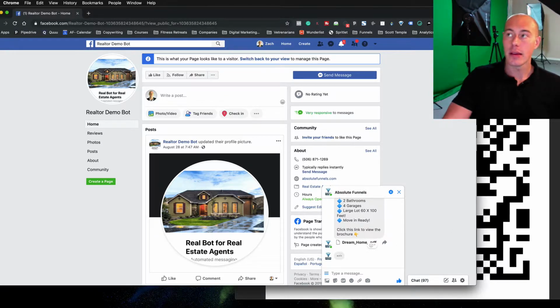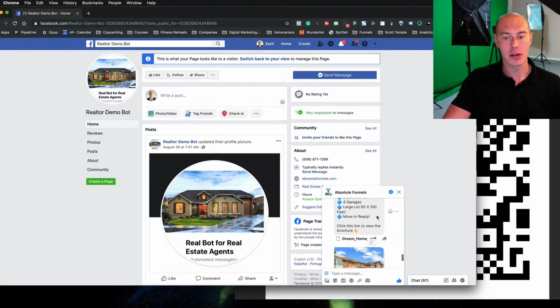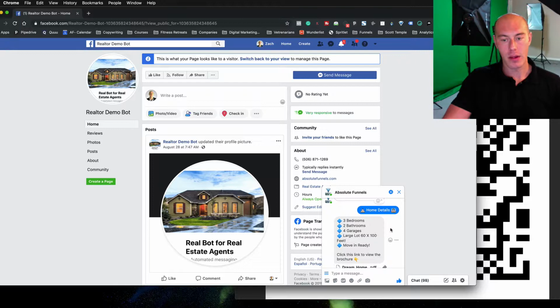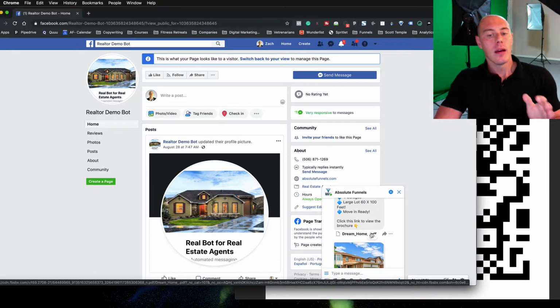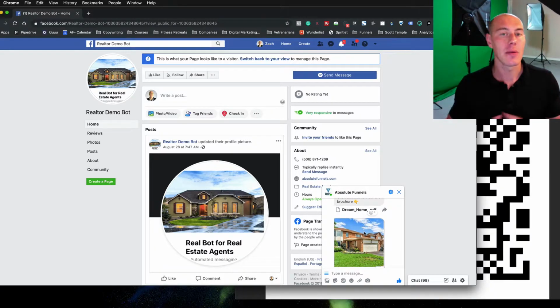So the other thing you can do is keep these people really engaged. After this scenario, if you look at my screen, these first parts came out right away. Well, they click this home details, then they get this information, then there's a little PDF here that they can download. Then there was a little timer, but because I'm doing this demonstration, I want to make it quick. I made the timer very, very short. But you could have this be 24 hours or whatever, so that the next day after the open house